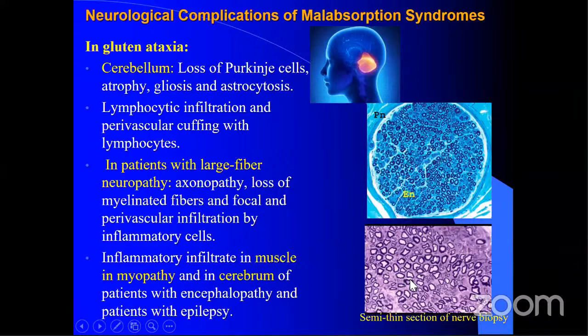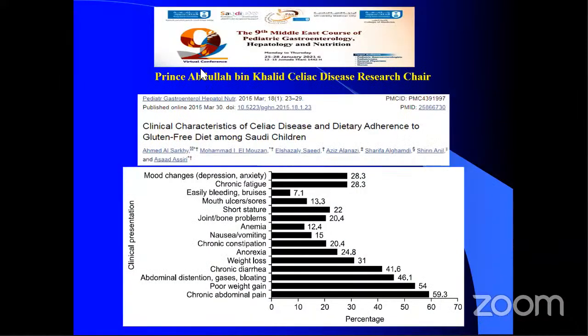In a child with hereditary sensory neuropathy, for example, it can be very sparse because of the loss of the myelinated fibers. There is an inflammatory infiltrate in muscle in myopathy, and in the cerebrum of patients with encephalopathy and patients with epilepsy. A study by the Prince Abdullah bin Khalid Celiac Disease Research Chair